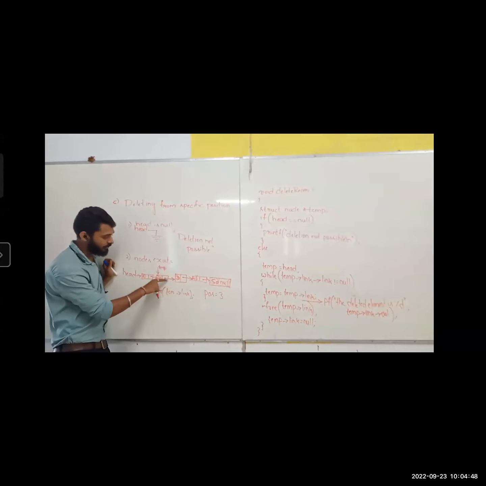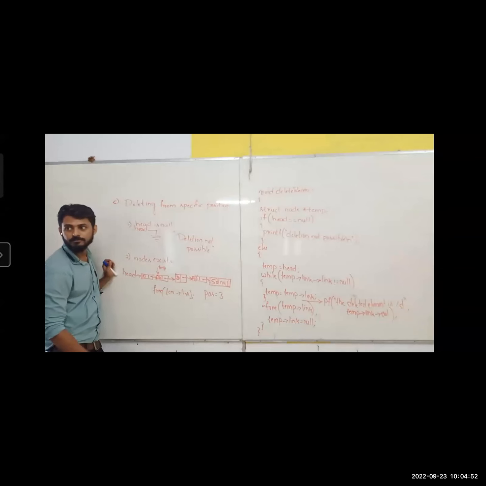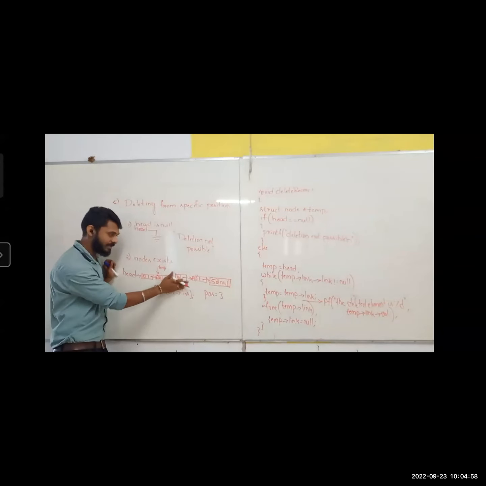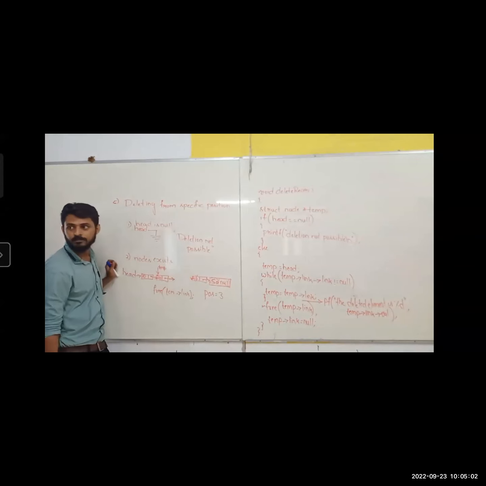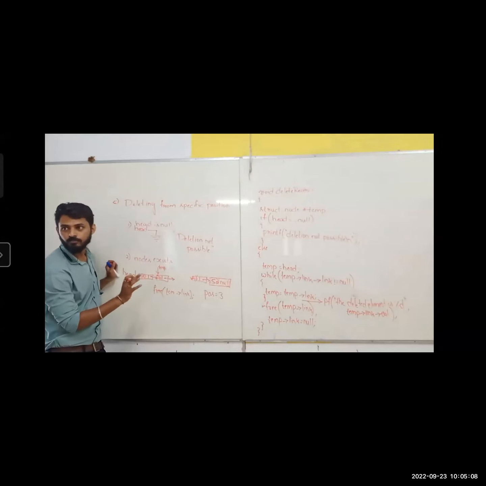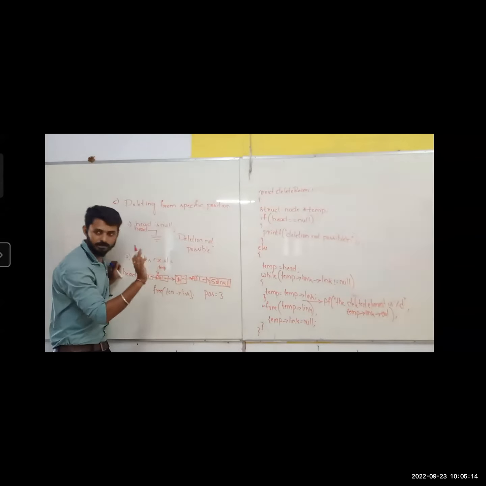But how will you establish this connection to here? Can you do that? If I write this much, which means this is not there now. How will you point this one to here now? Can I do that? According to this condition, if you delete first, you cannot do it. But if it is still there like this, 30, and it is pointing to here, now I can do it.